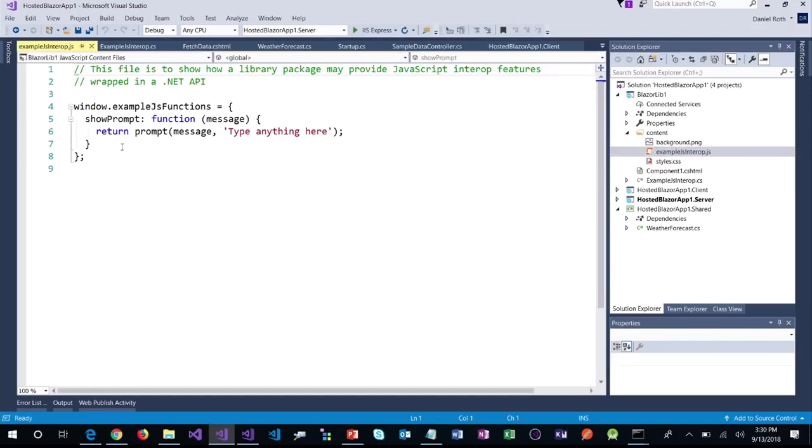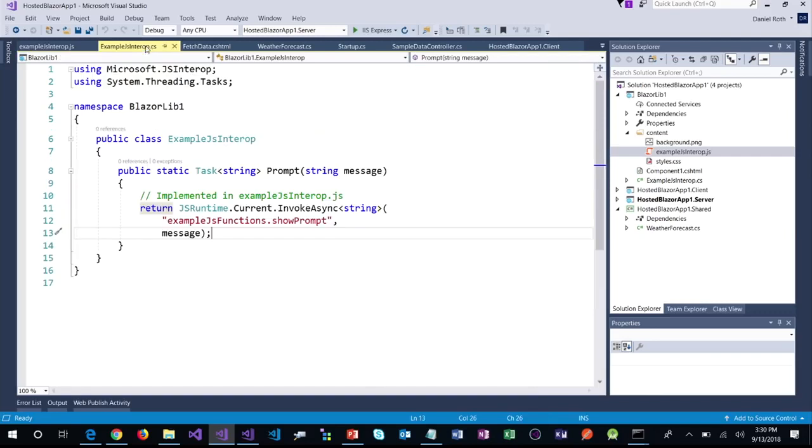Great. So here's just a little bit of JavaScript. We've set up an example JS function with the show prompt function, and all it does is call prompt. And you can type in a prompt, and then it returns a string. So now we have a .NET API that we can use to call the prompt function that we can use